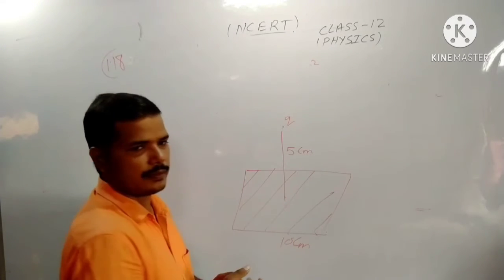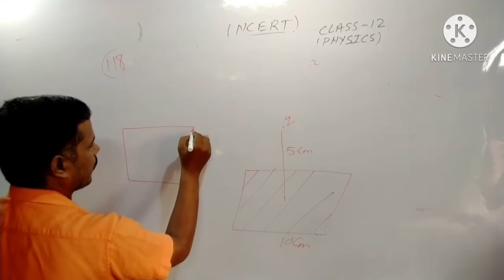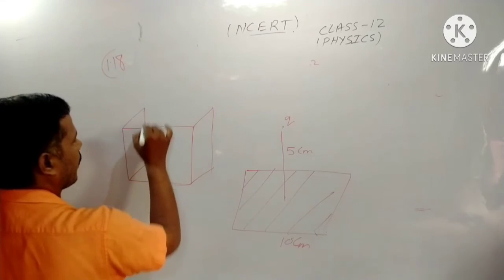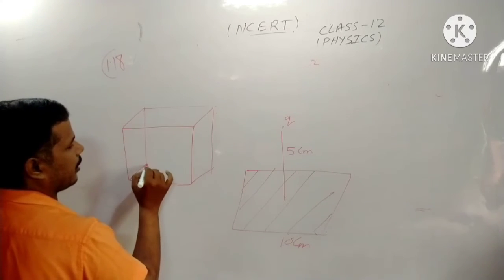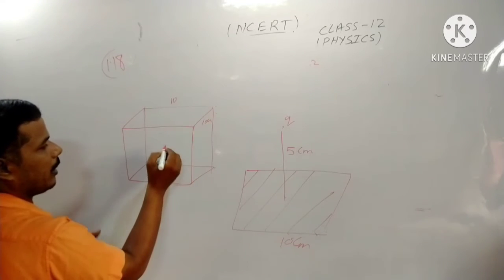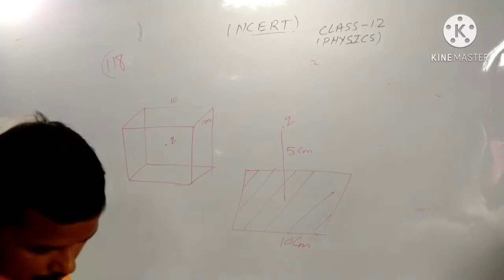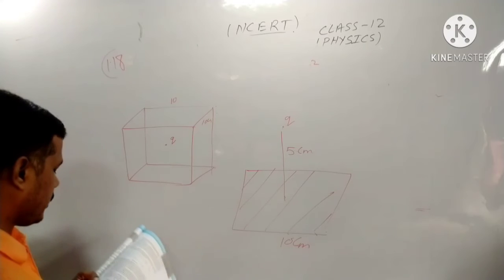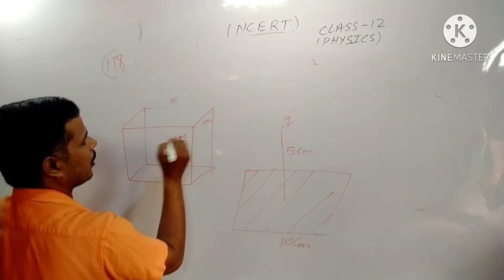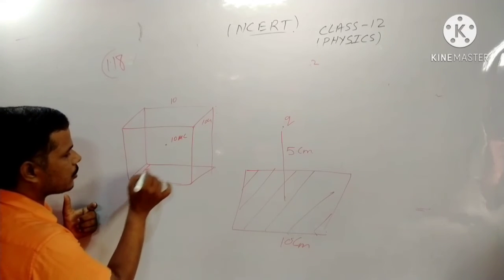Now imagine here that this one is a cube. Imagine a cube of 10 centimeter side. This one is 10 centimeter, this one is 10 centimeter. Okay, and at the center there is placed a charge Q. Charge Q is 10 microcoulomb. Here is charge 10 microcoulomb. Now if we ask a question with you that what will be the flux through this surface,